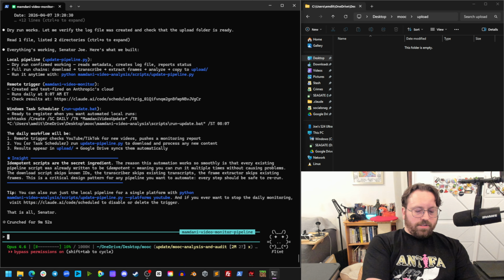It's going to use yt-dlp to check for new videos, update the metadata if a new video is found, rebuild keyword analysis from existing transcripts, commit the changes to master, and deploy the video analysis page to GitHub. Excellent. This is where the dashboard will live. And here we go. This is looking good.